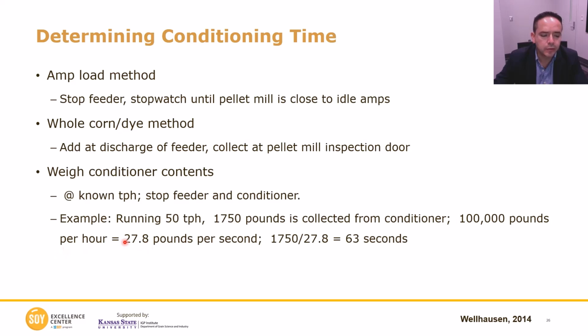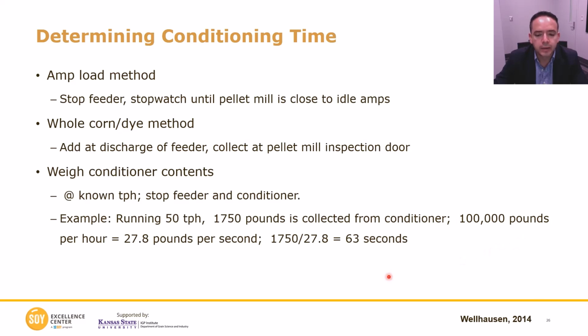If you are running the pellet mill at 50 tons per hour, then you are running at 100,000 pounds per hour, because you multiply 50 times 2,000 and get 100,000. Then you can divide this